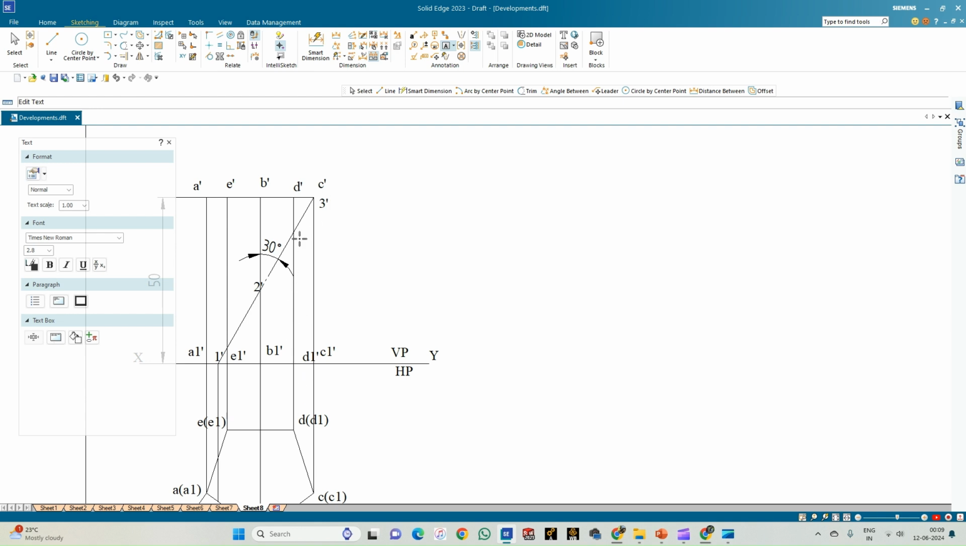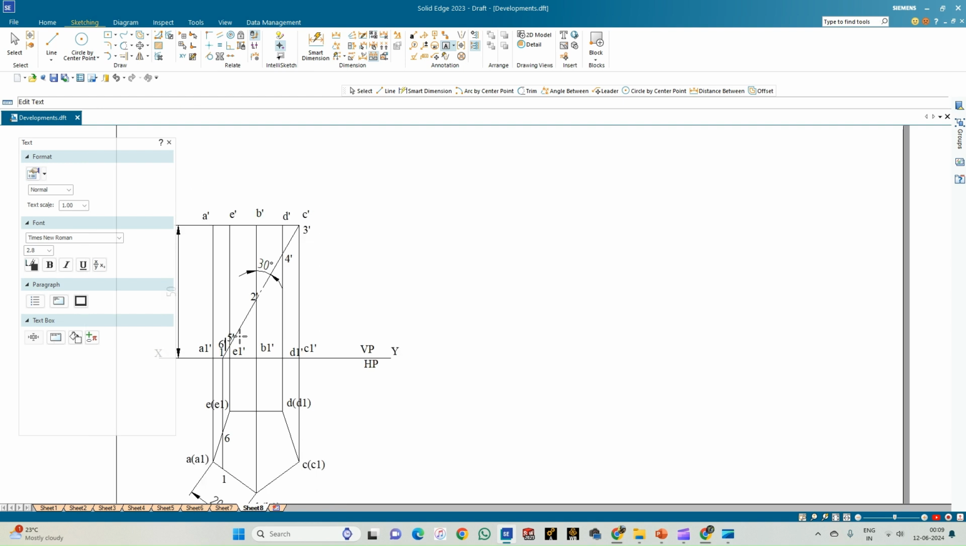Followed by D1 dash and D dash. This is the point 4 dash. Next, we have got this edge, that is E1 dash and E dash, which is 5 dash. So these are the 5 points, and also the point on A and E. So this point is 6, and here it is 6 dash. So these are the salient points that we get, which is the intersection of this cutting plane along the rectangular